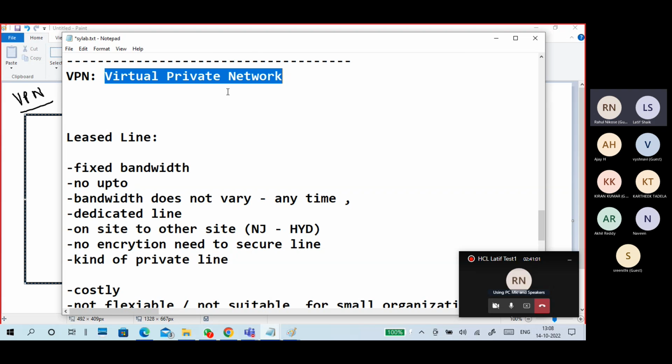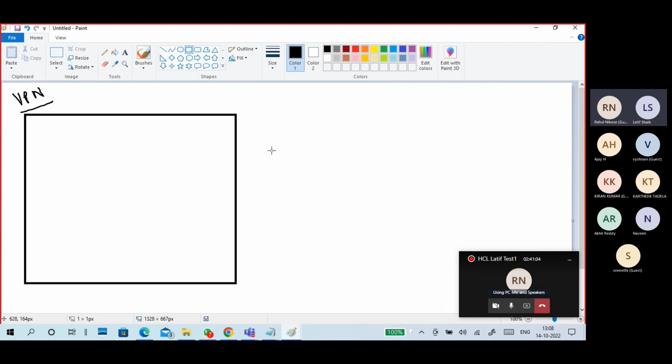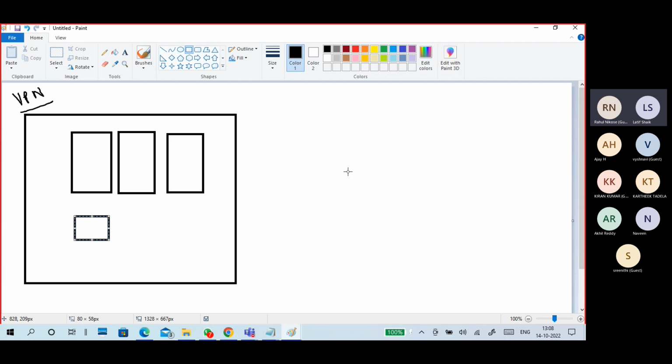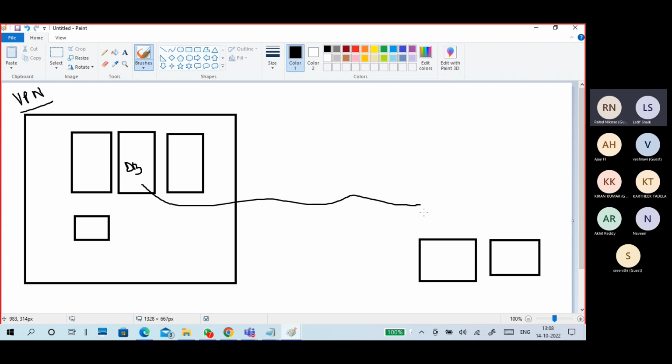What is the use of this VPN? I have an infrastructure, for example a database server, web server, application server, or some devices. Now I'm a home user or maybe a small office user, so we need to get connected to this. For example, I want to access this database server from my home.